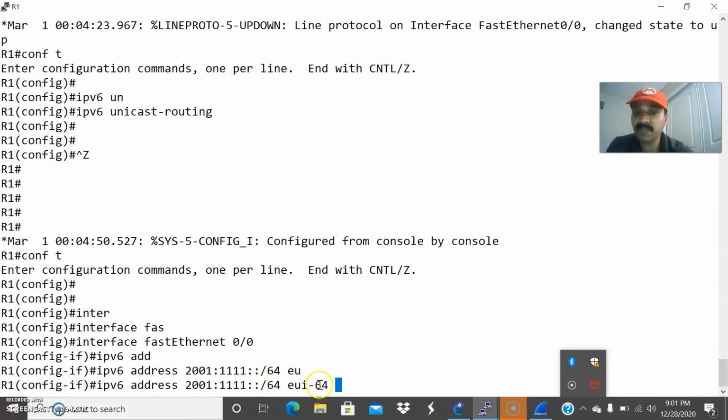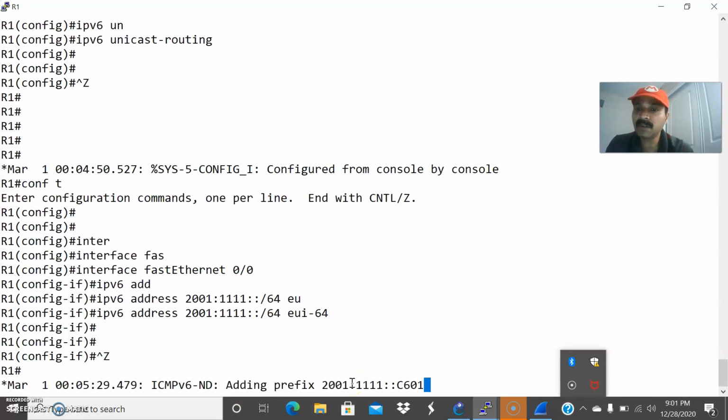You can see my previous video on what EUI-64 is. It will take it from the MAC address. First is the prefix portion, then the interface ID, which it generates from the MAC address. So the prefix plus interface ID is the total IPv6 address, 128 bits long, right?